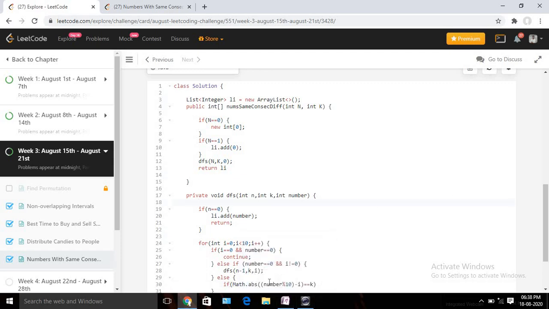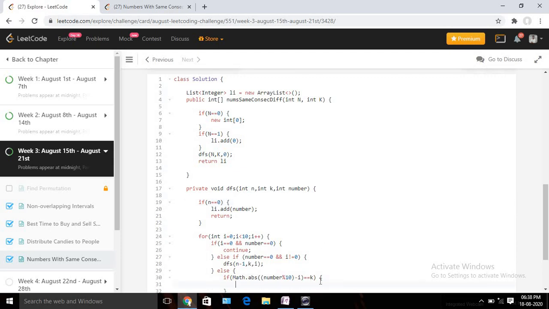Suppose I found 1, then I found another number, probably 8. So 1, 8 percentage 10, the remainder will be 8. Then I do minus i, and check whether my difference matches the given input. If yes, that means we found another digit and we are going to call the DFS function once again.